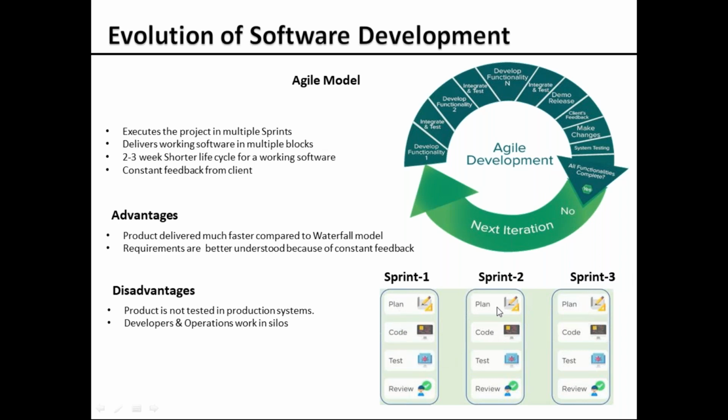Some can be two. If it is a small software, it could be done in a 2 sprint cycle, or it could be more than 10. So based on the project or the software that the team is going to develop, we're going to plan the number of sprints, right?